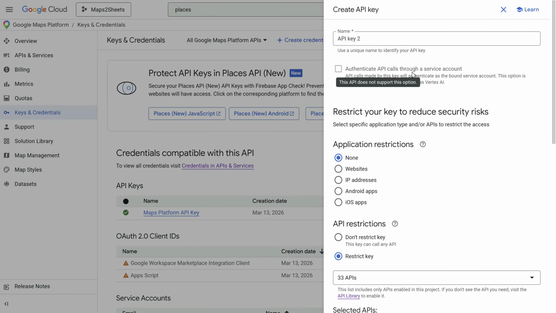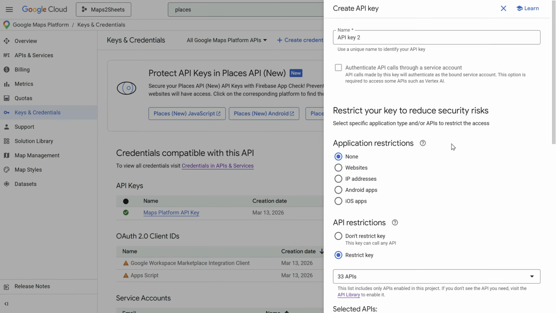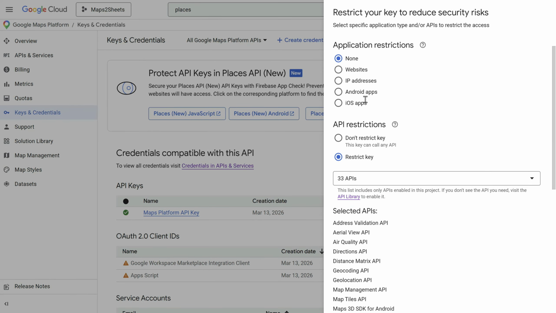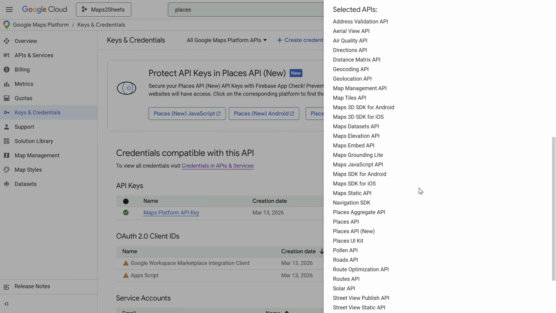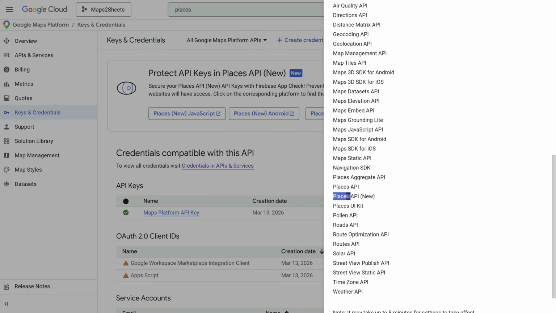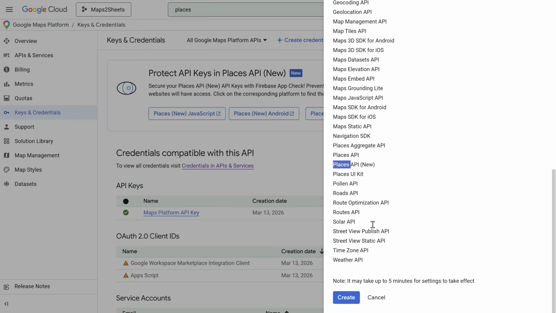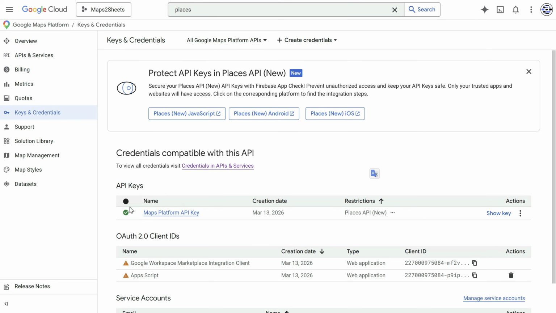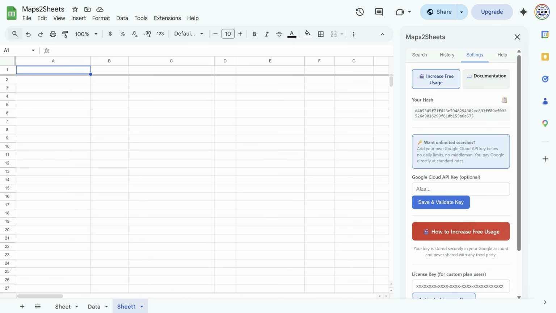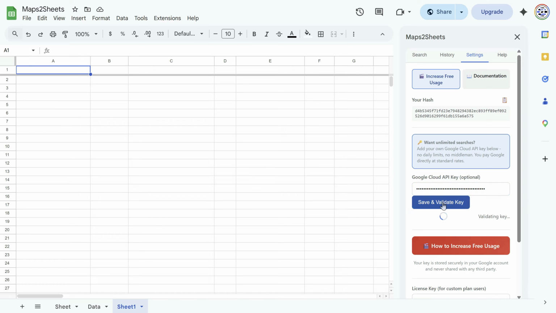Once you do so, you can change the names, scroll down. There's nothing for you to necessarily change, just make sure that the Places API new here is indeed part of the selected APIs, and click on Create. Once it's created, it will appear down here, and you will be able to copy the key. Then head back over to the Maps 2 Sheets, paste your key in the relevant section here, and click Save